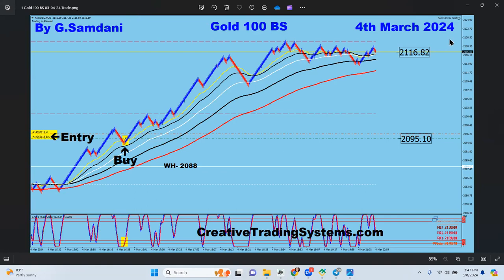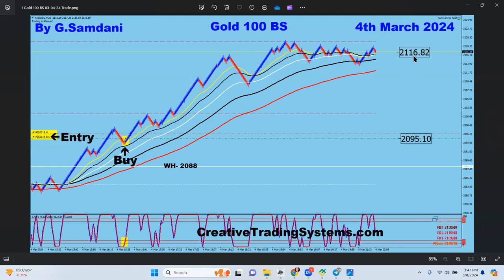So this is the first trade. The market started Monday, the 4th, so you're going to see the trades from the 4th to the 8th. On March 4th, this is the first one on gold. It broke above 2088 and then gave me the entry, so I took it from